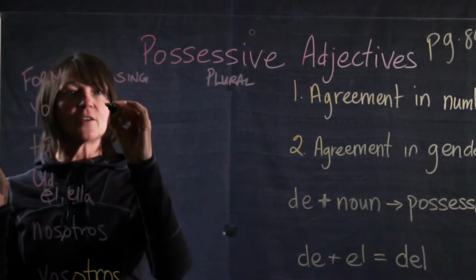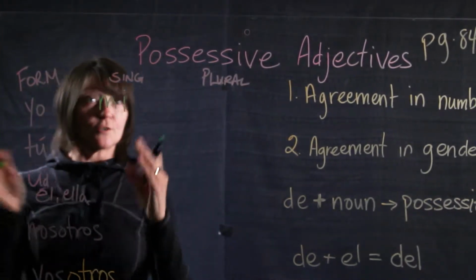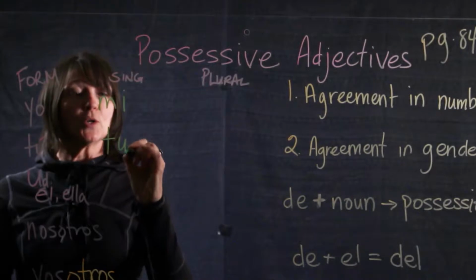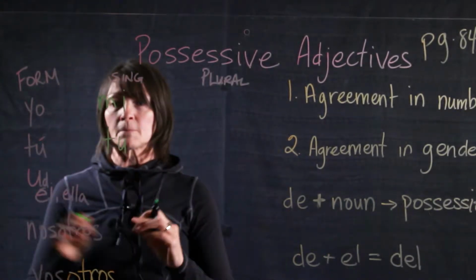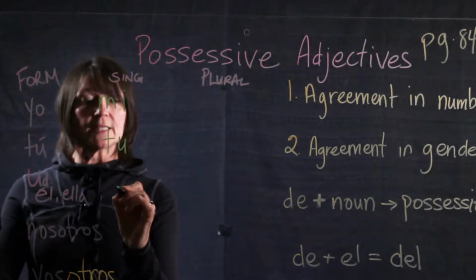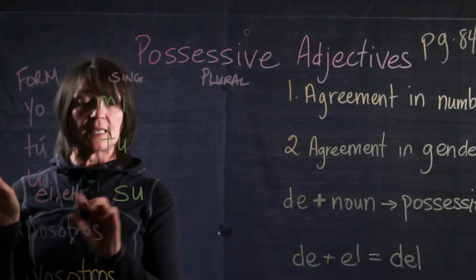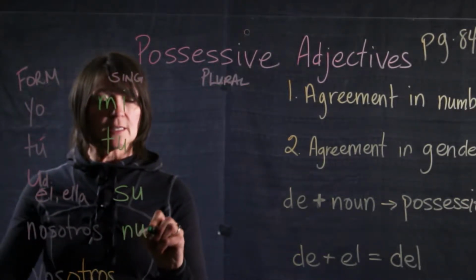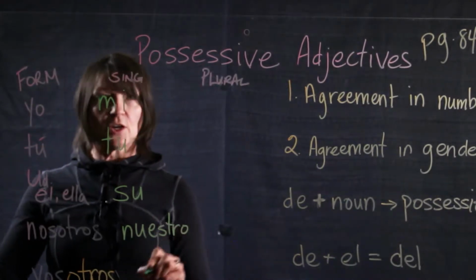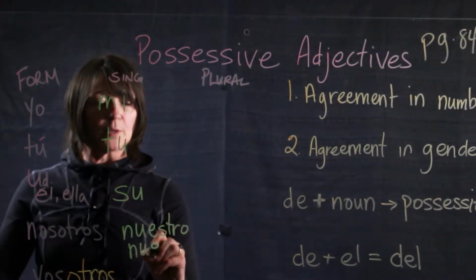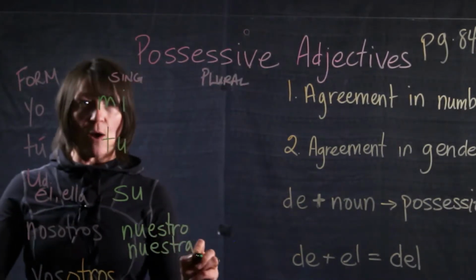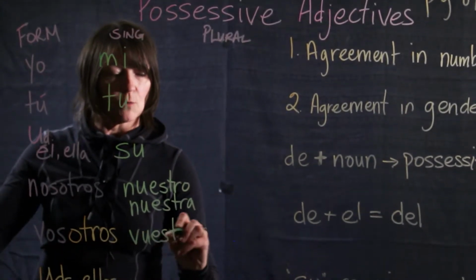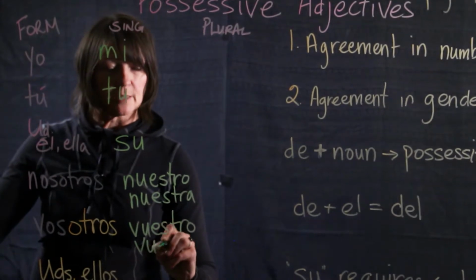For yo, the singular is mi, which translates to my, okay? For tu, it's tu, same but no accent, okay? This is also singular form, okay? The singular for usted, ella, which really is his, her, your, is su. Nosotros is nuestro, but there's another singular form, nuestra, okay? Our. Vosotros is, there's also two forms here, vuestro, and as you can guess, it's very similar to nosotros because